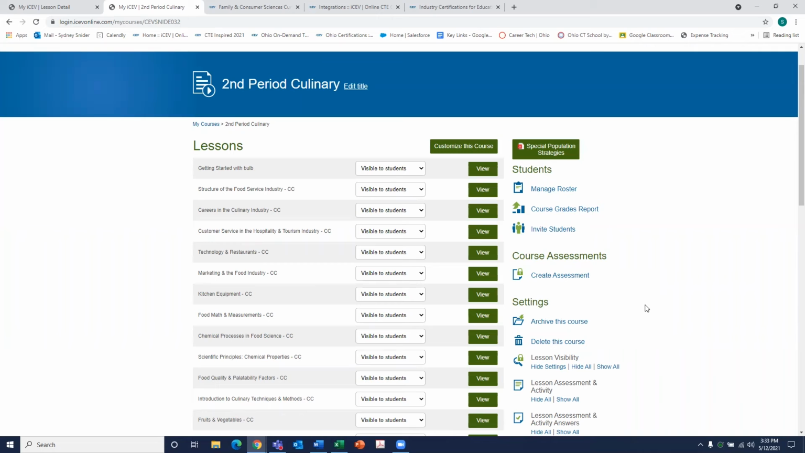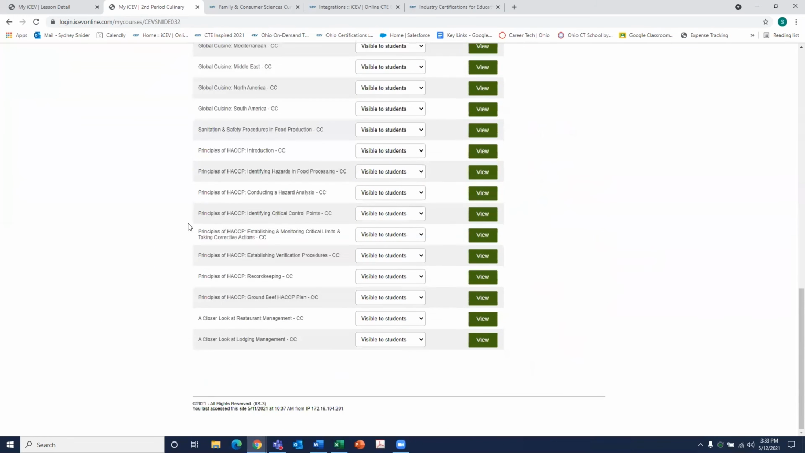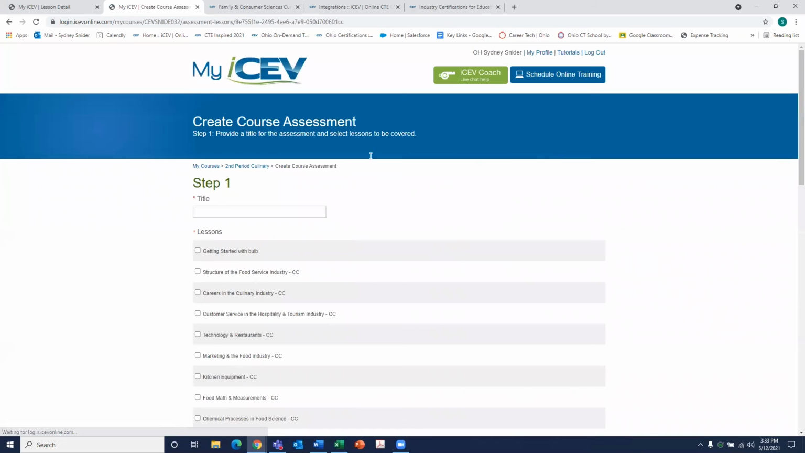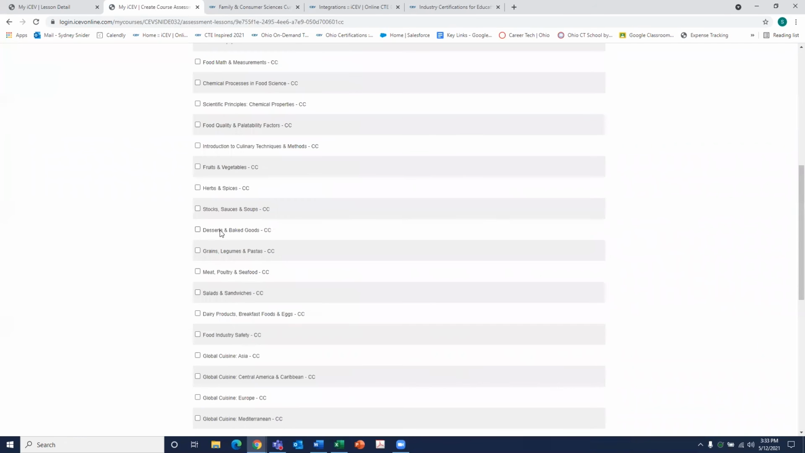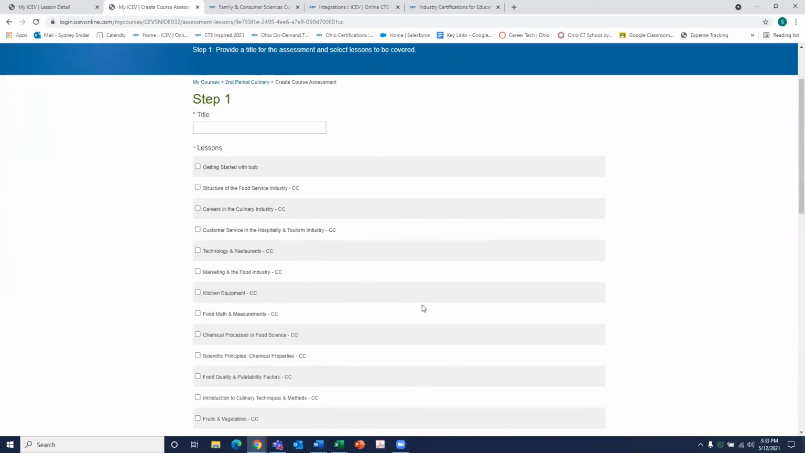But if you would like to create an assessment, let's say, for example, as an entire unit, maybe as we look at these principles of HACCP, we'd like to create a final after they complete all these lessons. We can do that with our create assessment function. Give it a title, assign it to the particular lessons that it may be matching to,